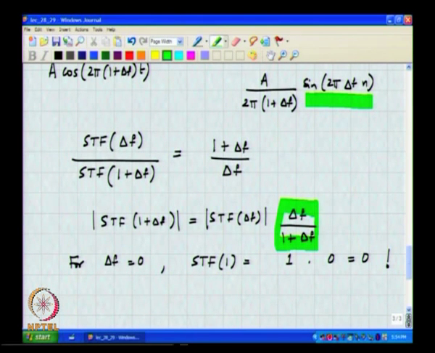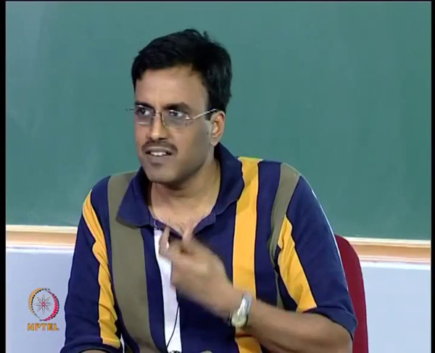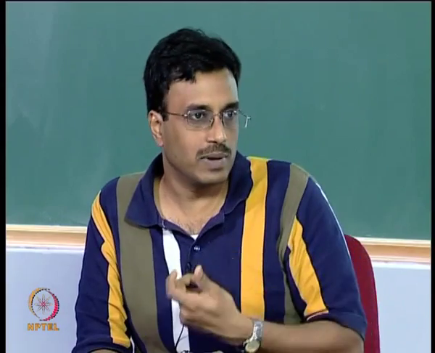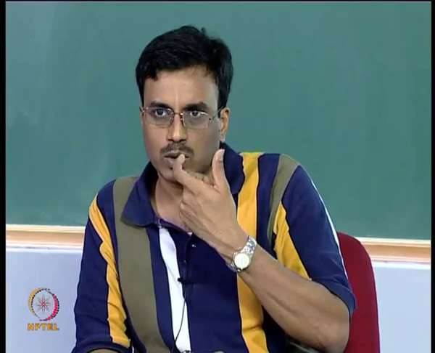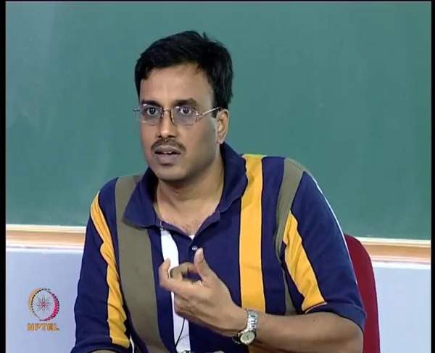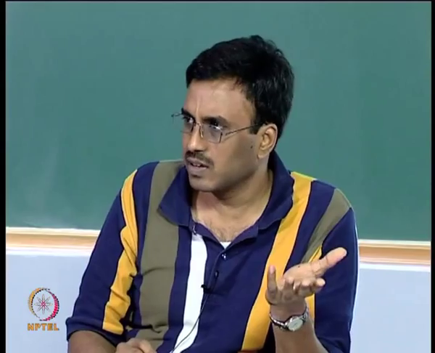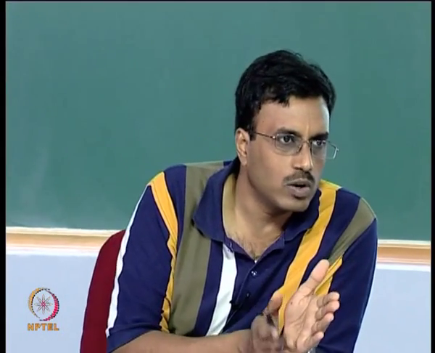Similarly, at frequencies which are close to the sampling rate, that is small delta f, the alias rejection, or the response to tones at 1 plus delta f, is this delta f divided by 1 plus delta f, which is approximately delta f itself, right. And delta f by design will be a small number, because this is an oversampling system. The input frequencies that we are interested in are such that this delta f will be of the order of pi by OSR, or will be very small compared to 1.